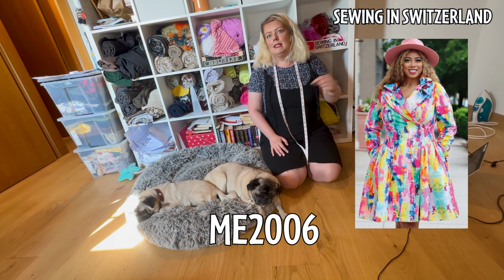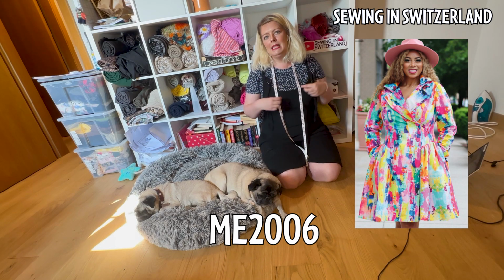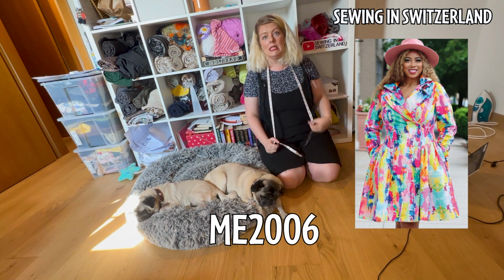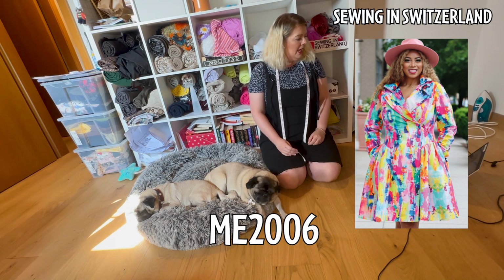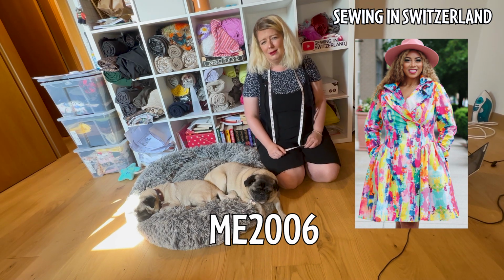It doesn't look as difficult as a standard tuxedo or a blazer or a coat pattern that would follow those more traditional sewing techniques. It does look mildly easier, so it might be a good place to start if that's something you're thinking of doing. So yeah, it's absolutely stunning, and the code was, I can't remember if I gave the code, it's